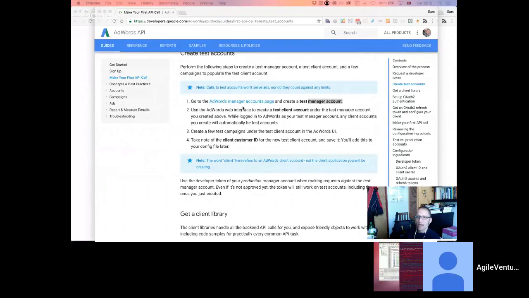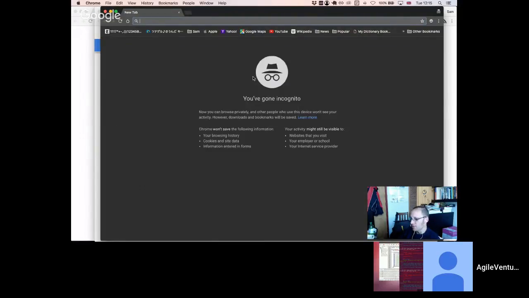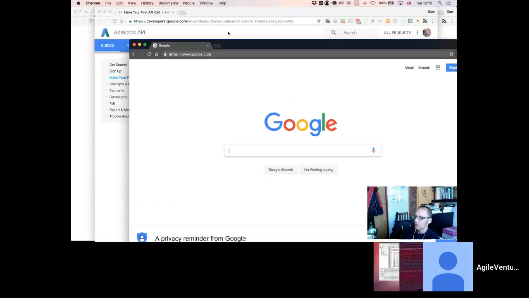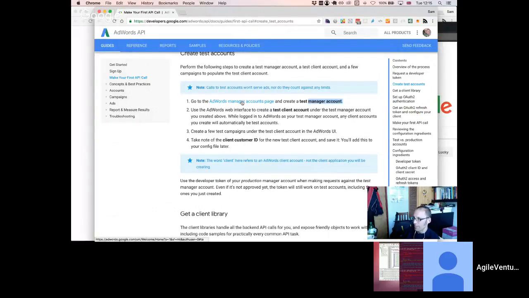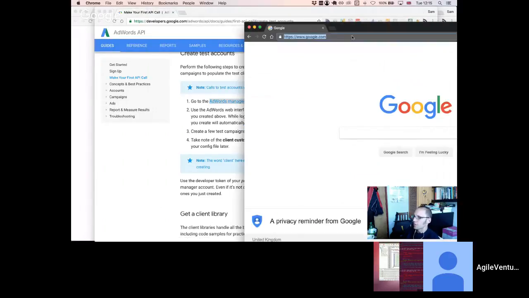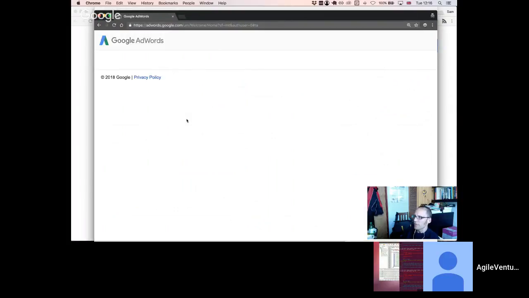The thing that makes this particularly difficult, it took me half an hour yesterday to get to this point because I've got all these things associated with different Google accounts. So for example, I click that to open there, but it may open in my default page. Let's just go to google.com. Can I log in to google.com? Or if I take this one and go there, but log in via